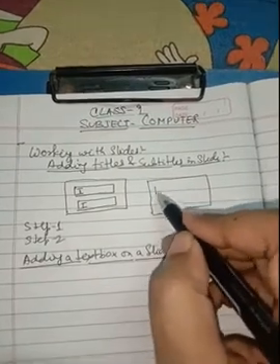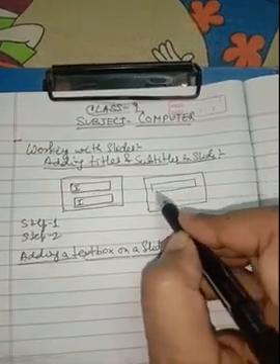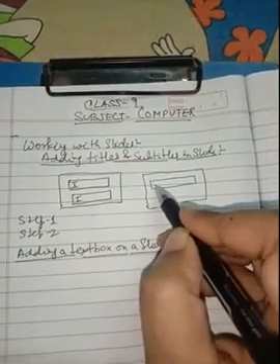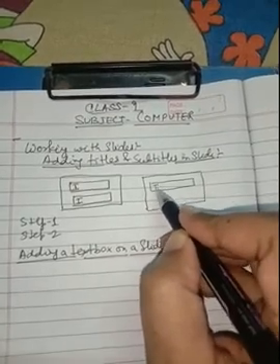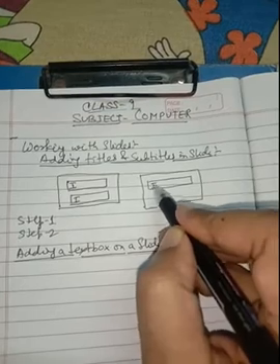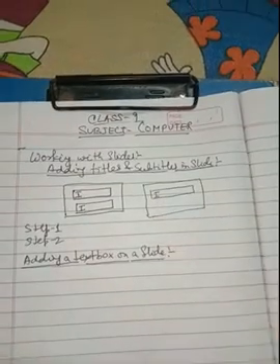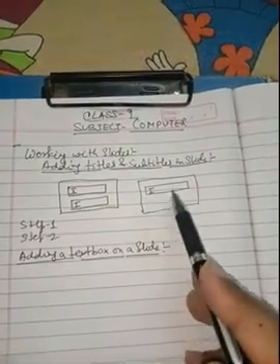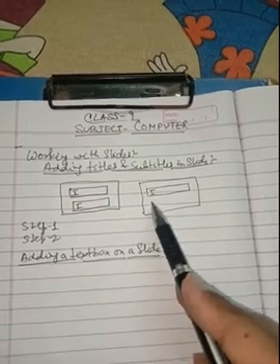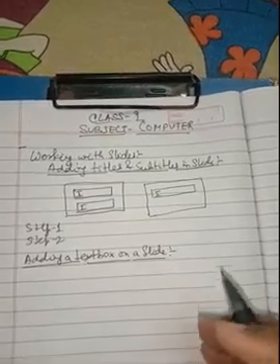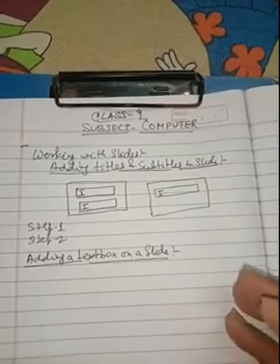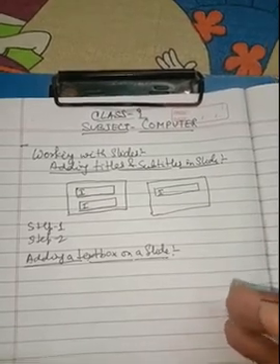As soon as I insert the text box over here, I will have the option of inserting text in this text box. When I left click over here, a blinking cursor will appear in this text box, and then I can type my text in the text box. So I can add as many text boxes as required in the slide. So what are the steps that we should follow to add the text box placeholder?